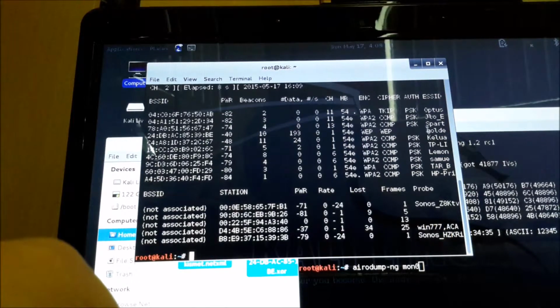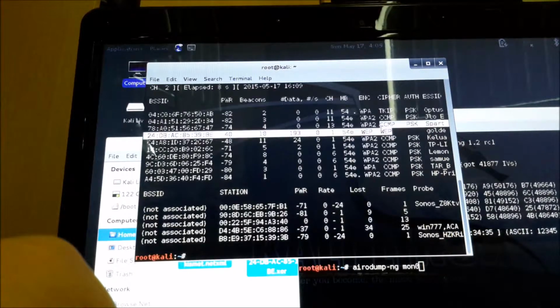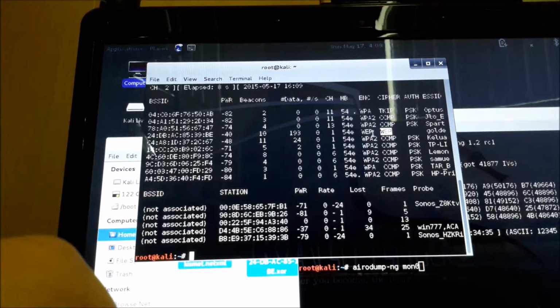Let's stop this one. We got this, Golden Box is my BSSID, and it's WEP. Of course, I already set it up before. It's in channel 1. And this is the MAC address of my access point for that Wi-Fi router. What we need is the channel,